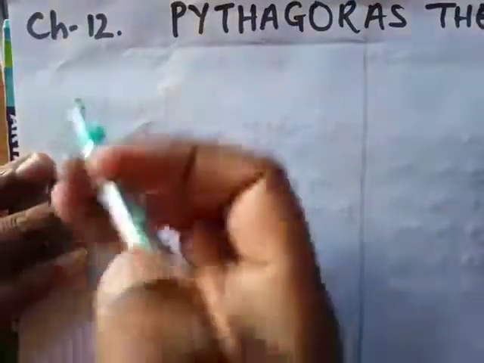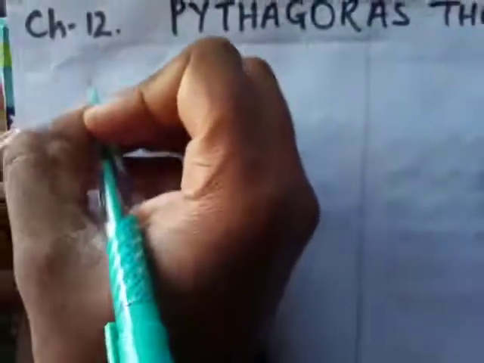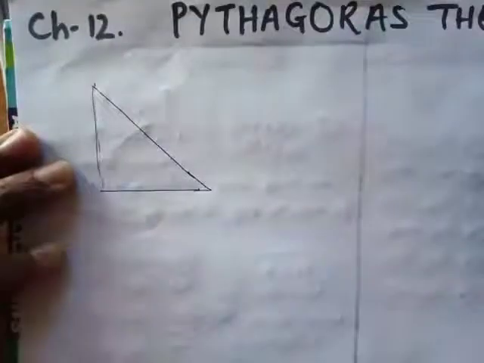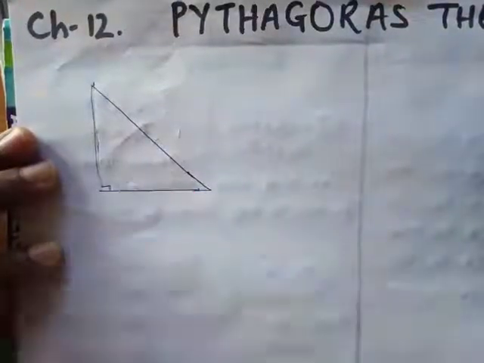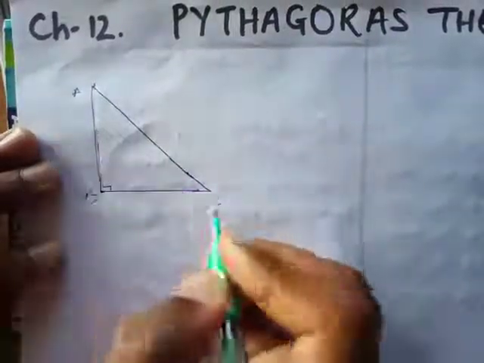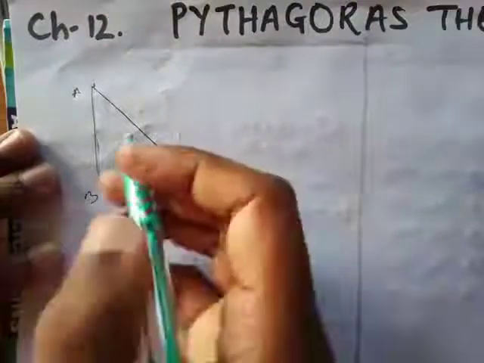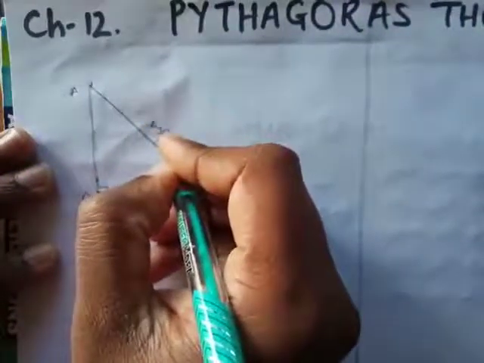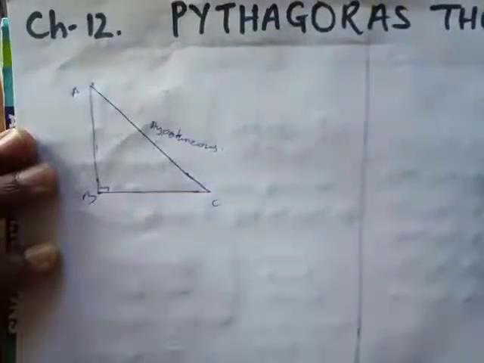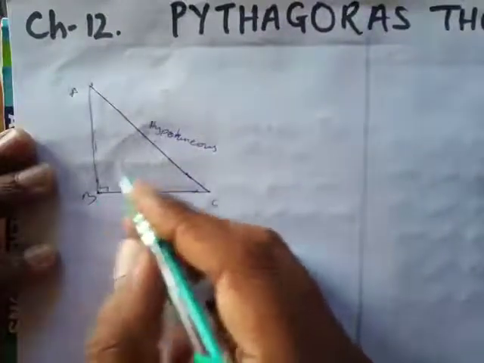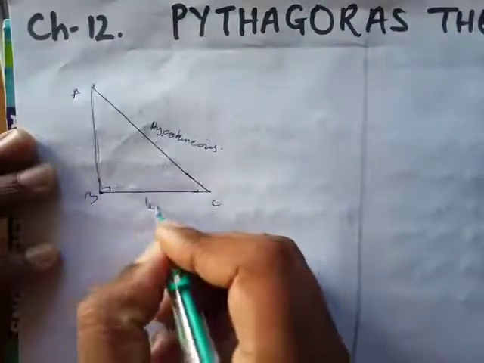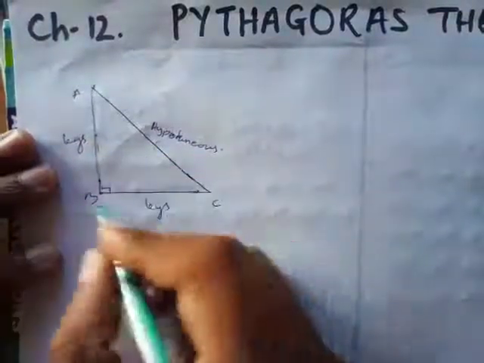So at that time he introduced a property for a right angle triangle. Okay, a property only for a right angle triangle, no other triangle. So if this is a right angle triangle and I name this ABC and it is right angled at B, these are the three sides, three vertices, and this is called the hypotenuse. Hypotenuse is the side that is opposite to the right angle. Okay, and the other two sides are called legs when we are talking about Pythagoras theorem. So these are called legs.